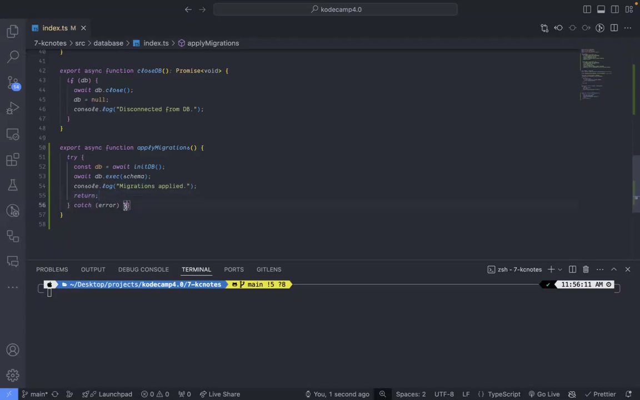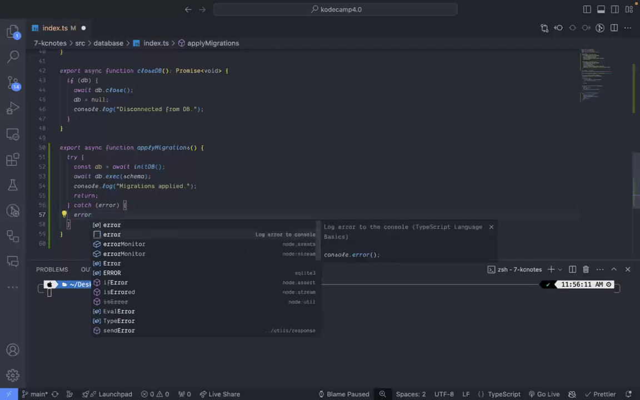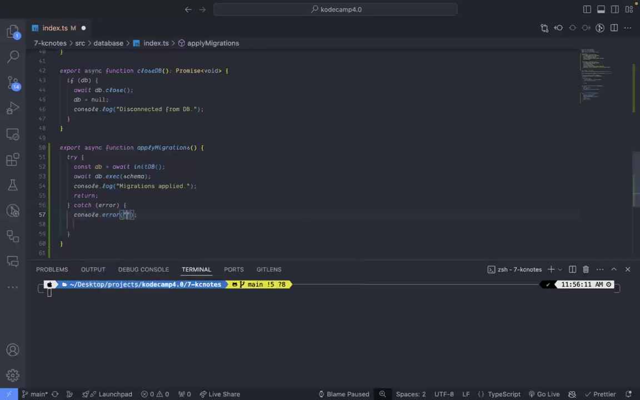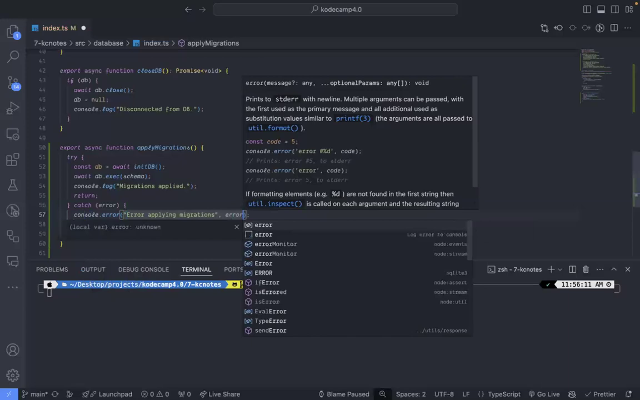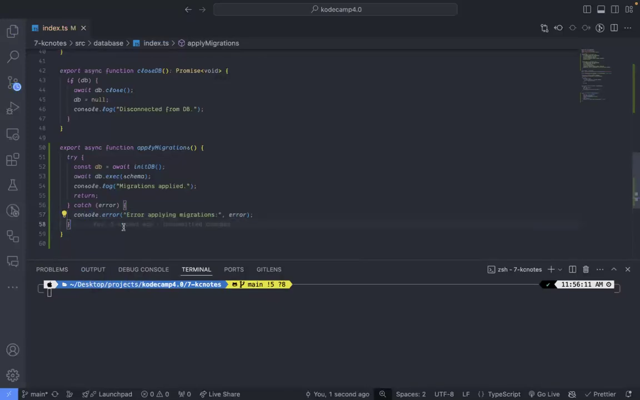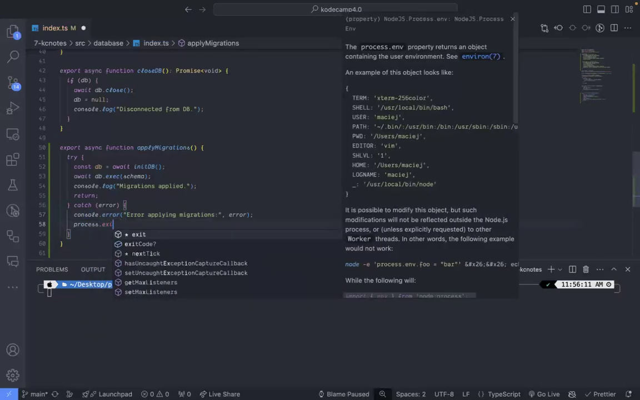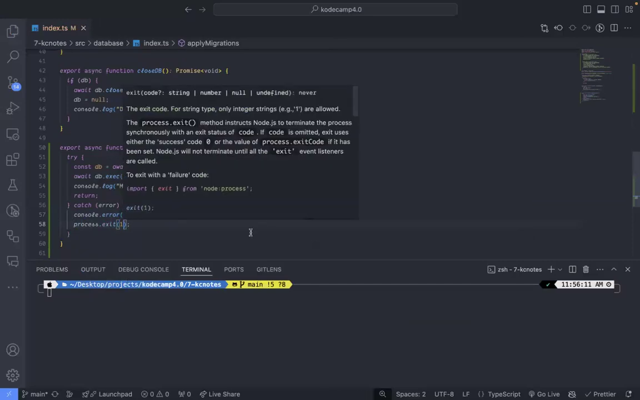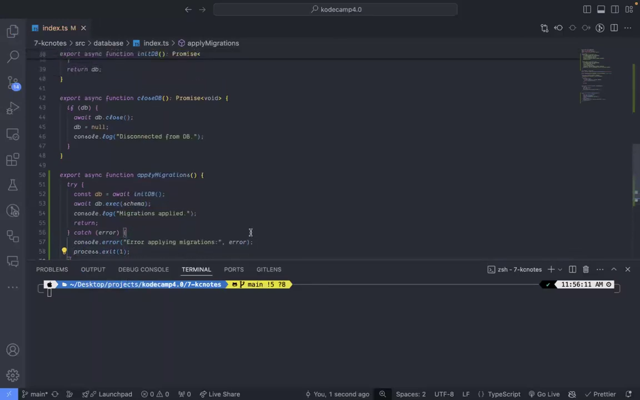So if there's any error, we log the error to the console. You say error applying migrations. You can add a colon like this. And then we exit the process with an error code, process.exit(1), like this. But now how we want to use this function is we want to call this function in our index.ts